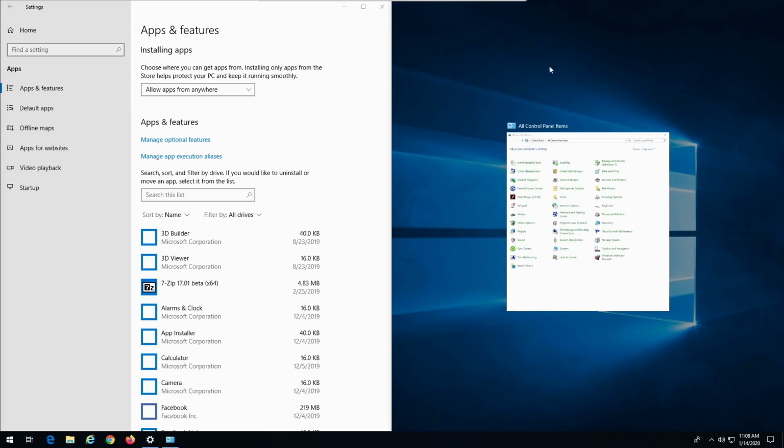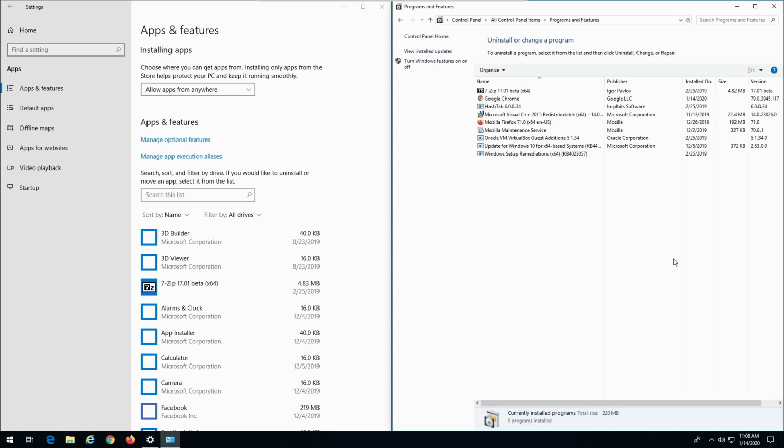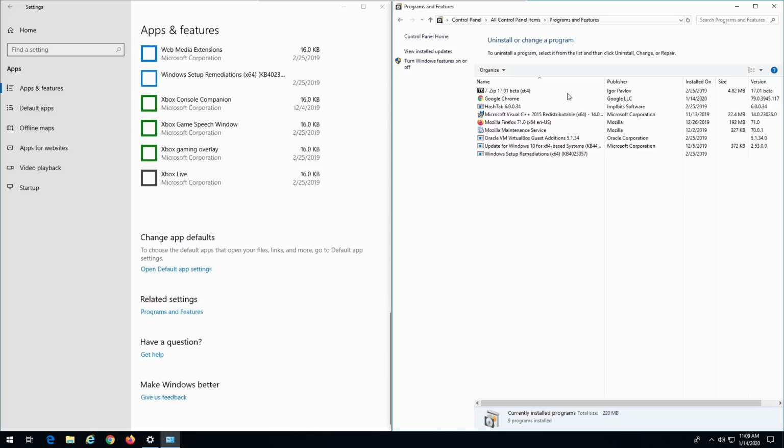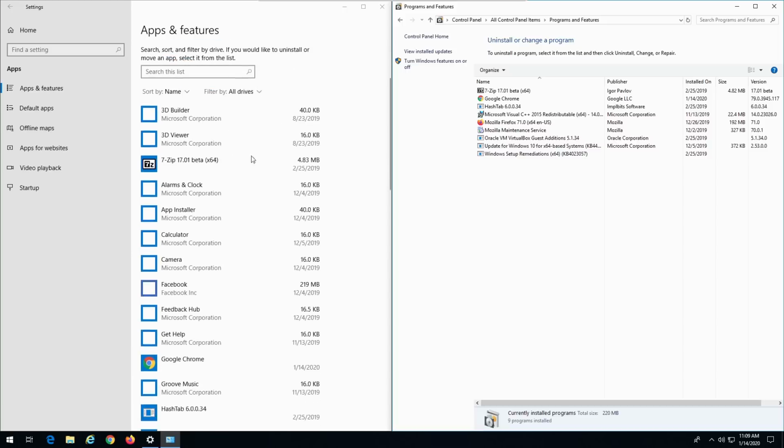So we have a basic control panel that, if you're on Windows 7, you'll be used to. And down here under Programs and Features is where you might remember to uninstall applications. And then we have a separate place to uninstall applications over here. And what you will notice is that there are a whole lot of things here that are not listed over here. So you go here, you can't really get rid of a lot of the stuff that you may not want to see. But now I come back over here, and here are the various apps.